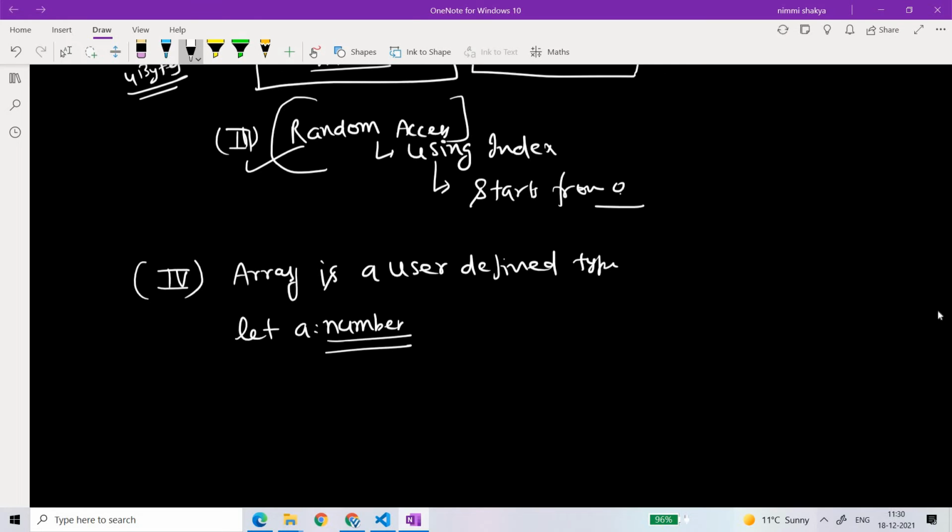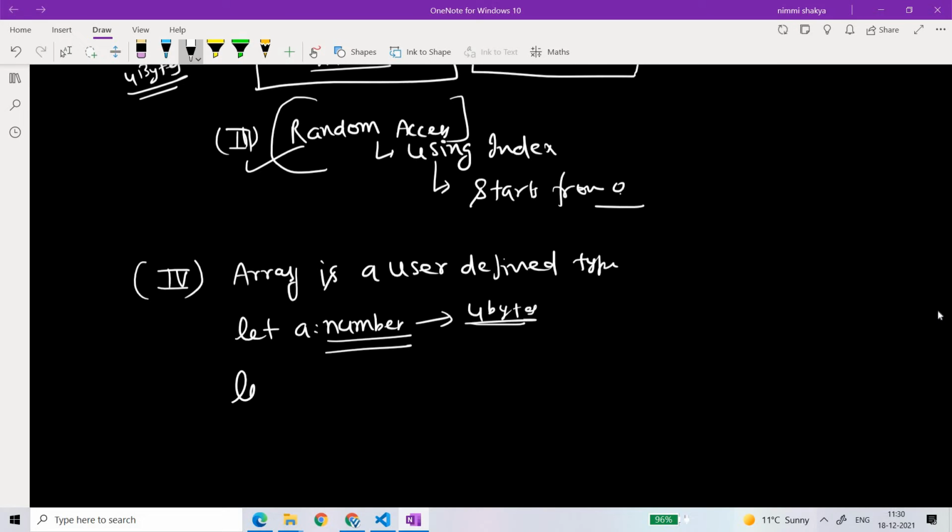Number is an inbuilt data type and it will take 4 bytes only. The name is a different thing, but its basic characteristics have been defined by the system itself. So an integer will take 4 bytes, that is sure.